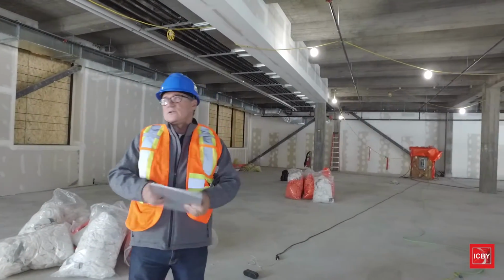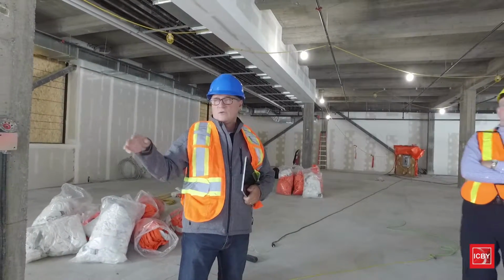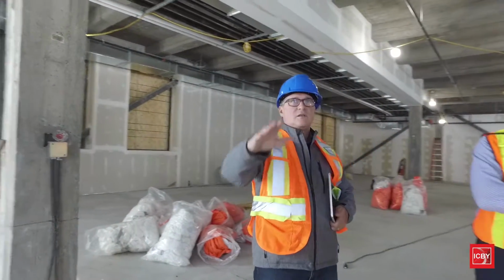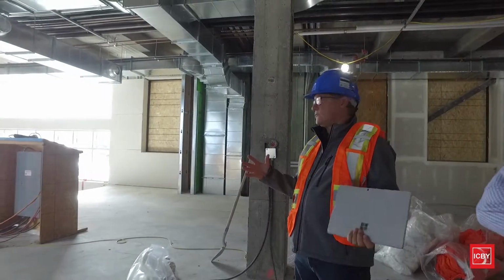Where we are, behind us when you first come in, is the reception area down below. If you've seen the renderings, there's a feature staircase that comes up where the wooden temporary spaces are across and winds up to the upstairs through there. And it's going to be a large structural steel,